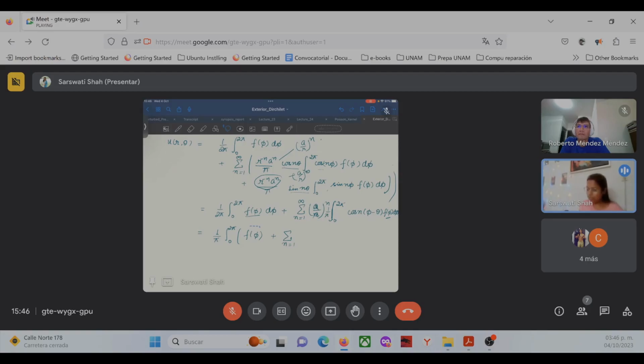So even we can take this f of phi outside of this. We are left with 1 over 2 plus summation n varying from 1 to infinite a over r to the power n cos of n phi minus theta